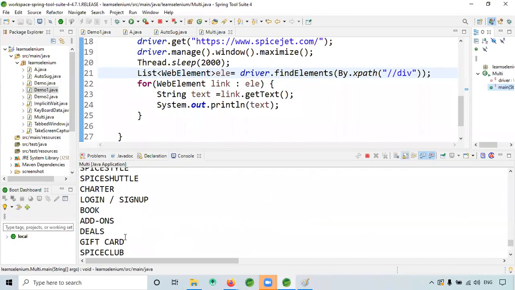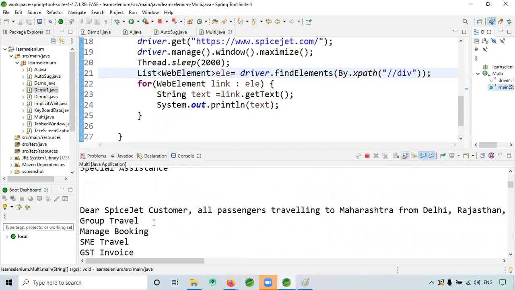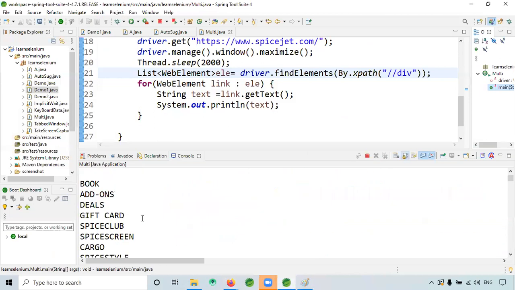See, it has given me all the divs wherever divs are. I guess it is printing.